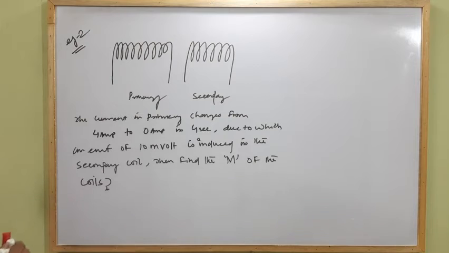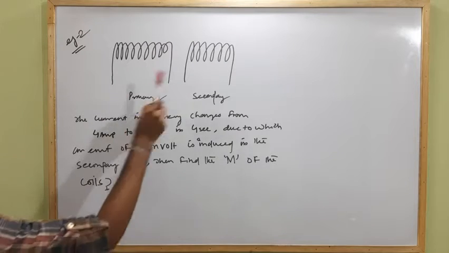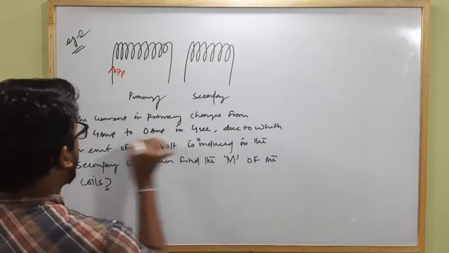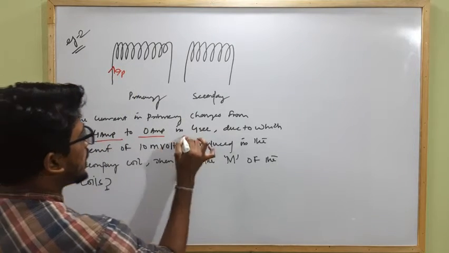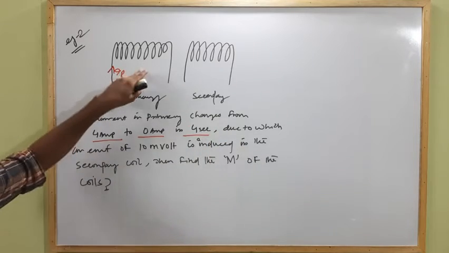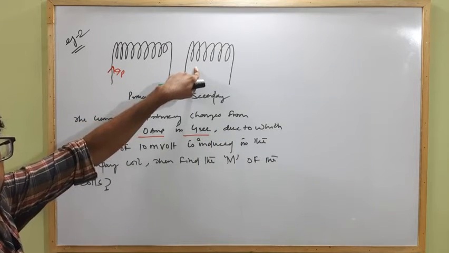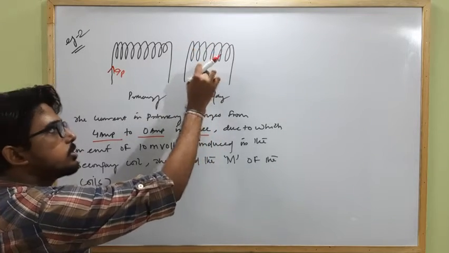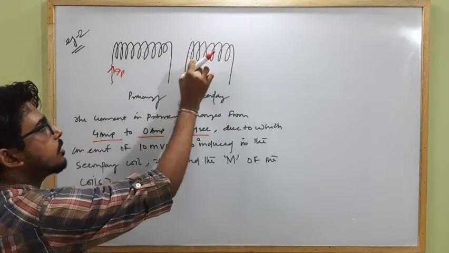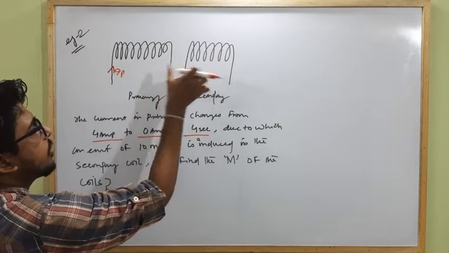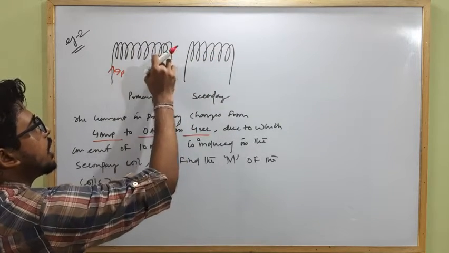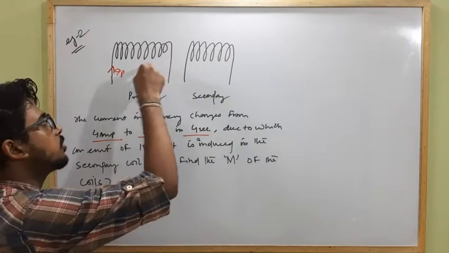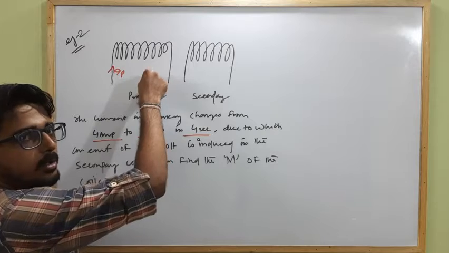So in this example 2, there are two coils, one is primary and one is secondary. In primary, the current IP is changing from 4 ampere to 0 ampere in 4 seconds, due to which the flux linked with the secondary coil will change. And according to Faraday law of electromagnetic induction, it will produce an induced EMF due to change in flux. And as there are two pairs of coil, the current change in one will be able to induce the EMF in other, and that induced EMF always tries to oppose the change in current in the primary coil.